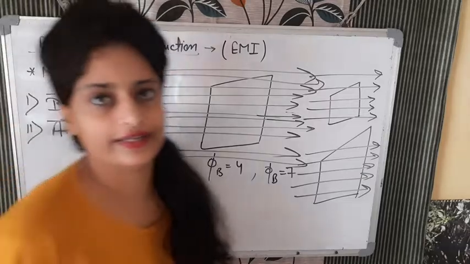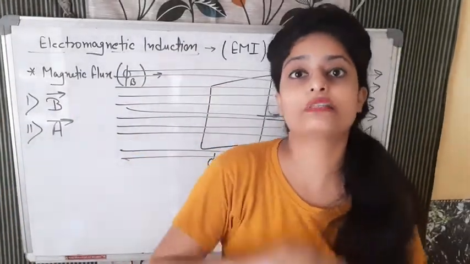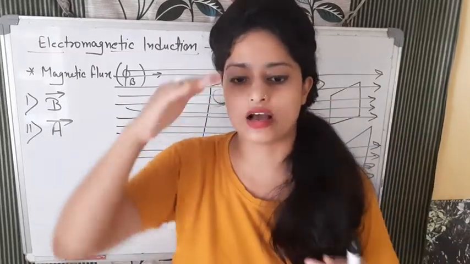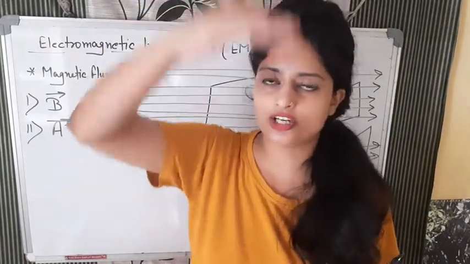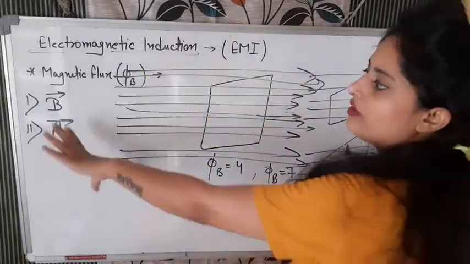Second factor, it depend on area. Area is a vector quantity. Okay, it is not scalar. Area is a vector quantity and it is always perpendicular to the given area. हमेशा वो जो वेक्टर होता है, its direction is always perpendicular to the surface, जो भी surface है उससे. Okay, so it depends on the two factor.